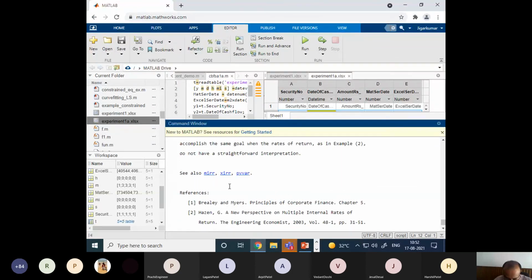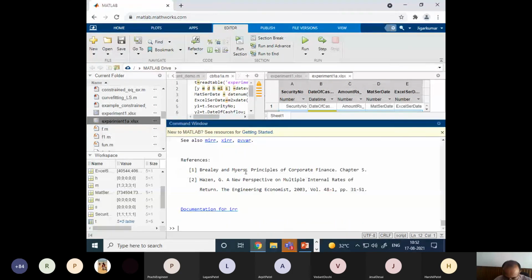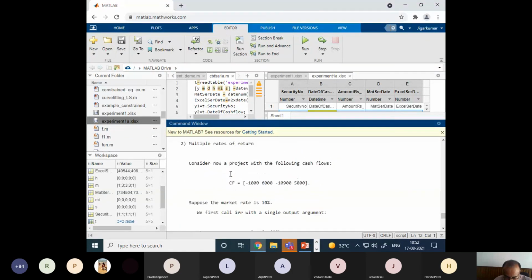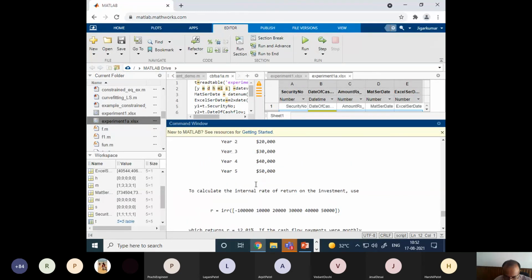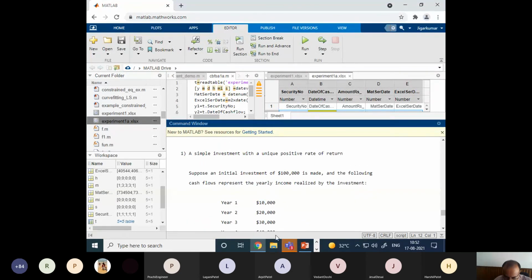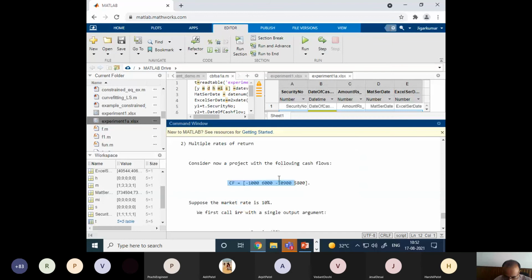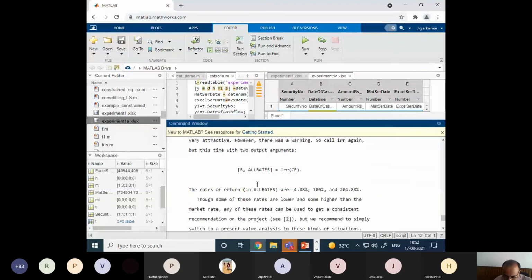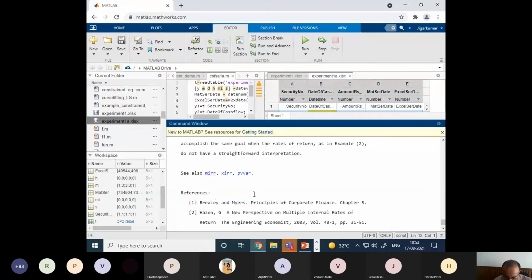See, IRR is a complicated function, and for that they have provided references to some books, from which I have taken the theoretical calculation principles of corporate finance, right? So that is specified. This IRR function takes the cash flow vector as an input, and then based on your years or dates, it will calculate the rate of return. You go through this example, and it will calculate the rate of return by providing cash flows and dates as inputs. OK, so that also you can do.